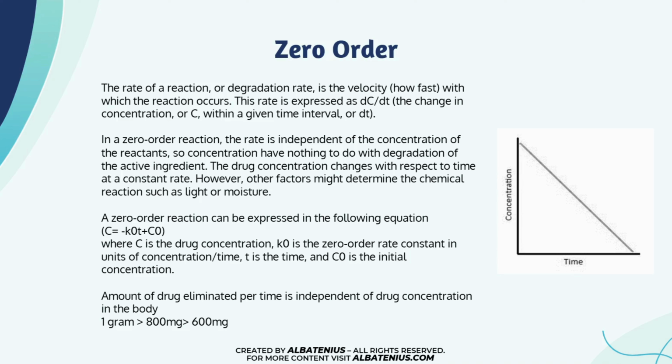This is how it looks if we plotted concentration versus time. It will start up here and drop down, and your jump from one point to another is going to be the same amount of the medication at any unit of time. So if this is 1 hour and this is 2 hours, how much you lost in the first hour is going to equal how much you lost in the second hour. So this is a zero order reaction. Again, 1 gram, 800